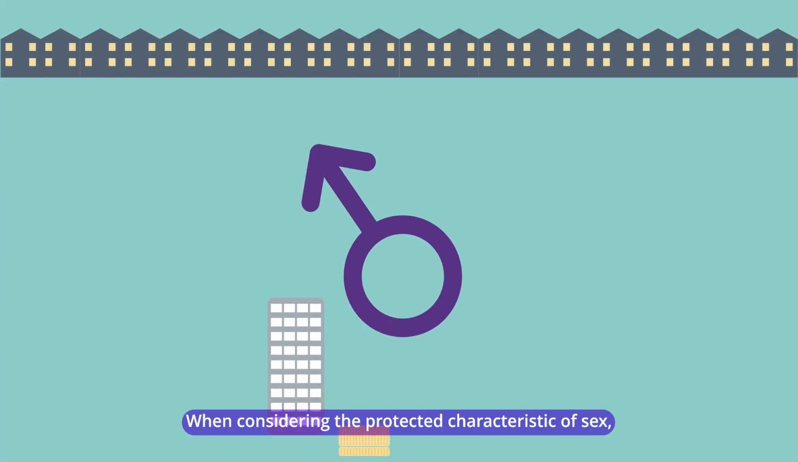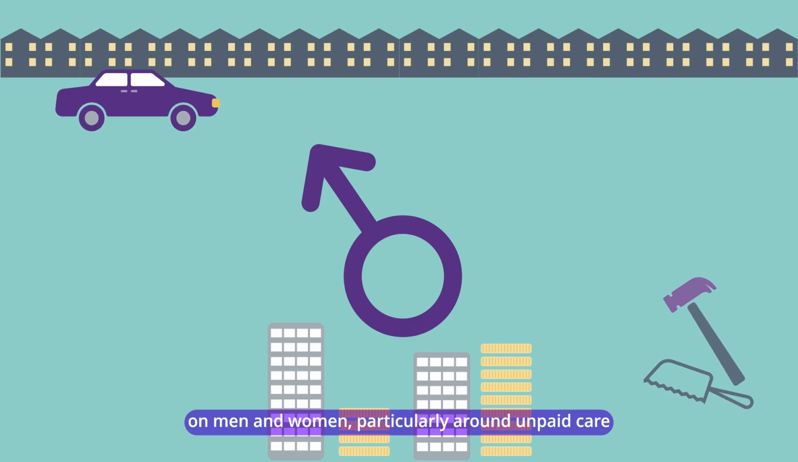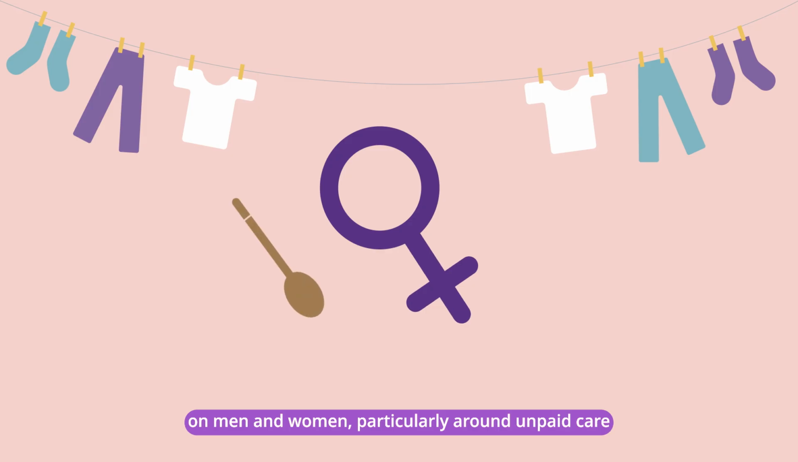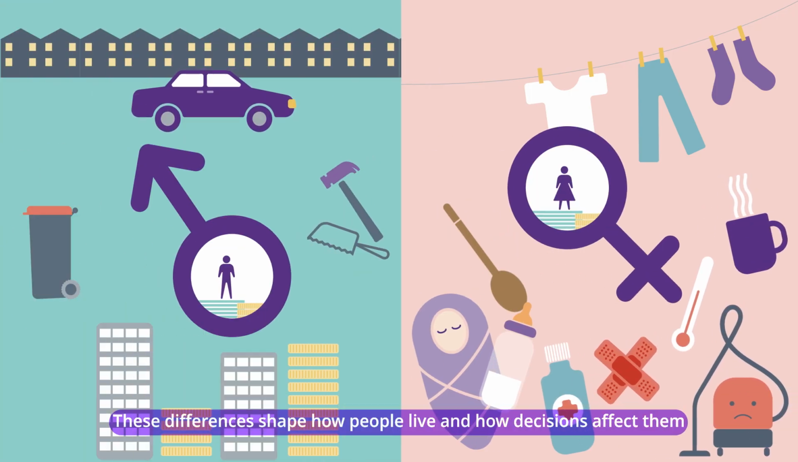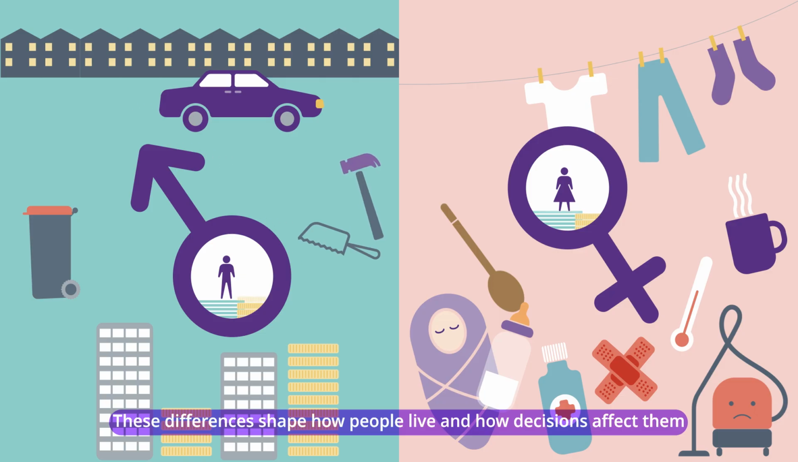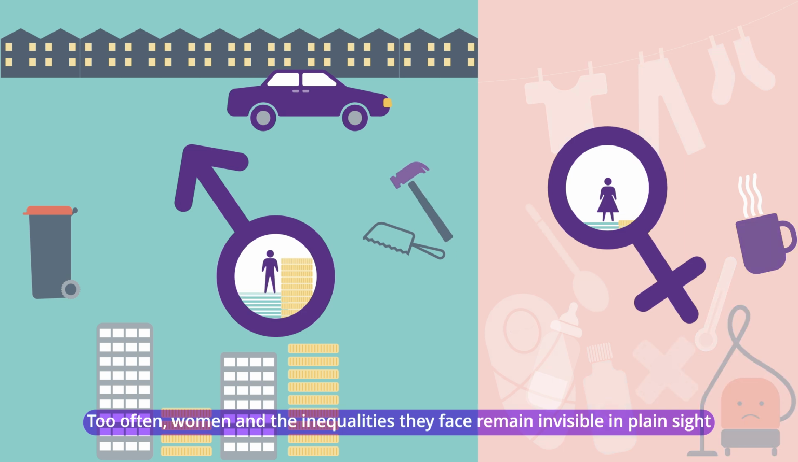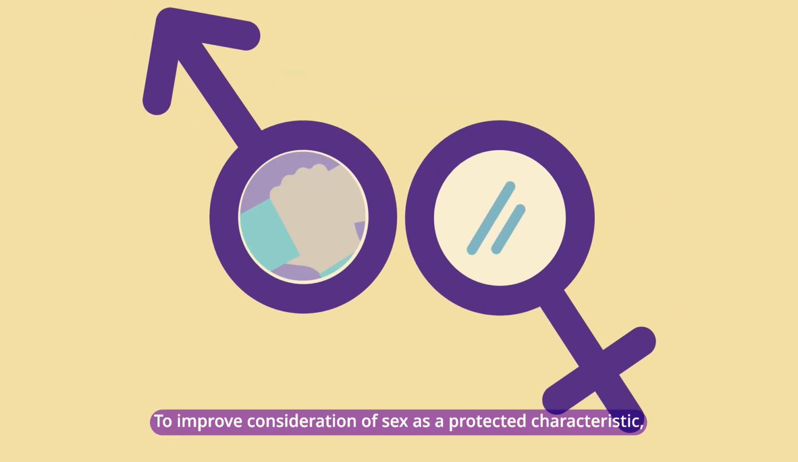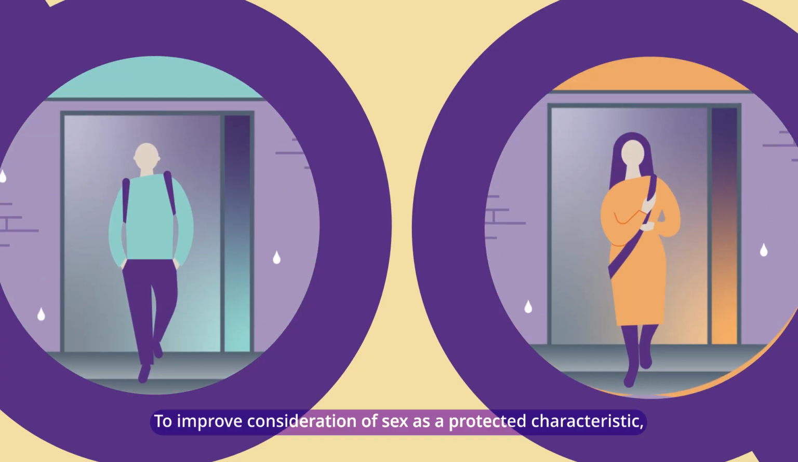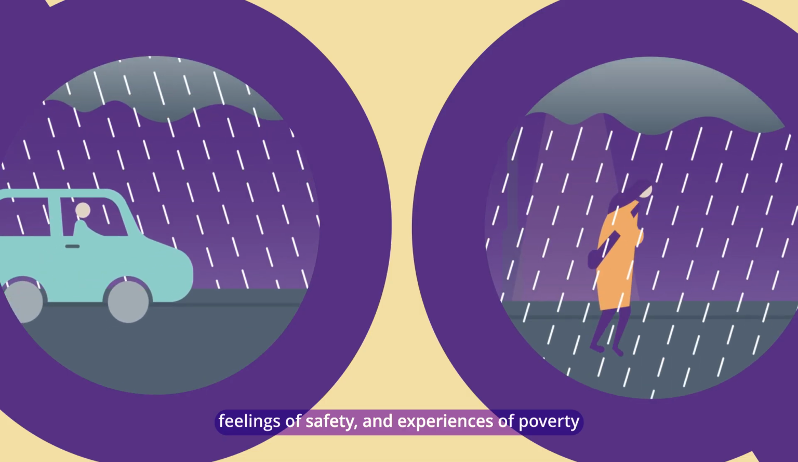When considering the protected characteristic of sex, it's important to recognise the different expectations placed on men and women, particularly around unpaid care. These differences shape how people live and how decisions affect them. Too often, women and the inequalities they face remain invisible in plain sight. To improve consideration of sex as a protected characteristic, ensure the assessment looks at unpaid care responsibilities, feelings of safety,